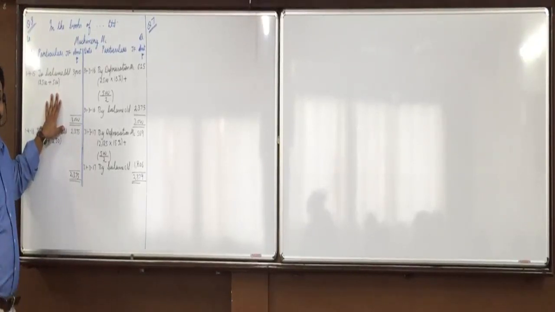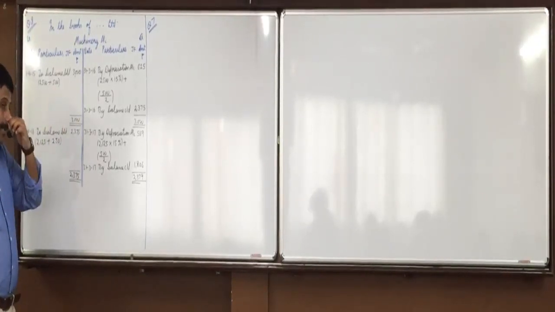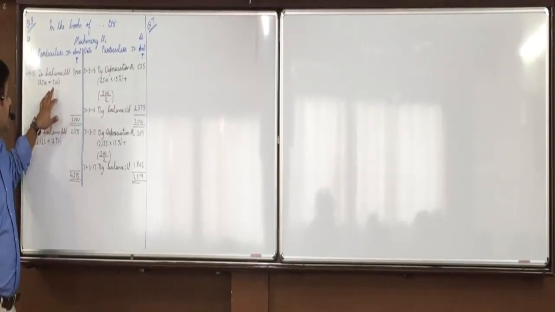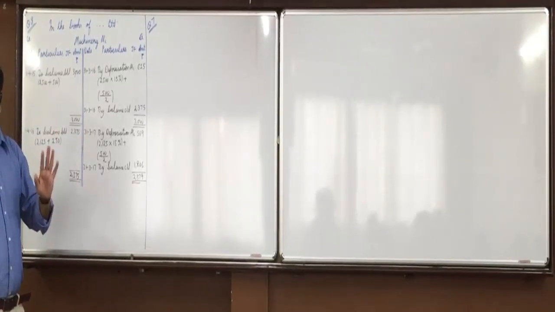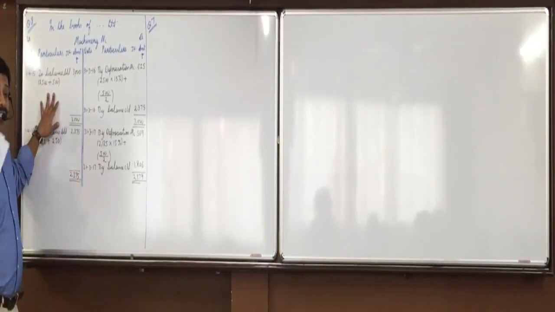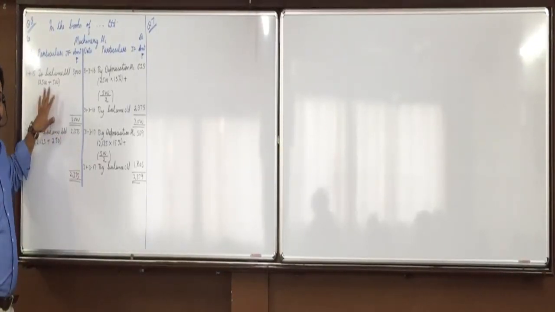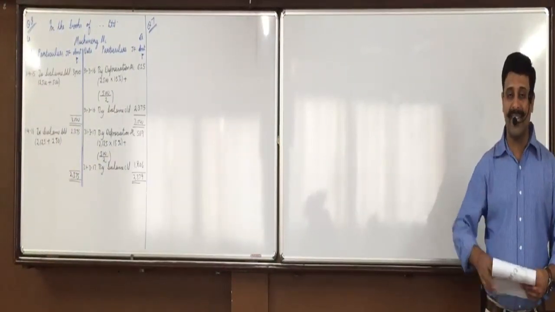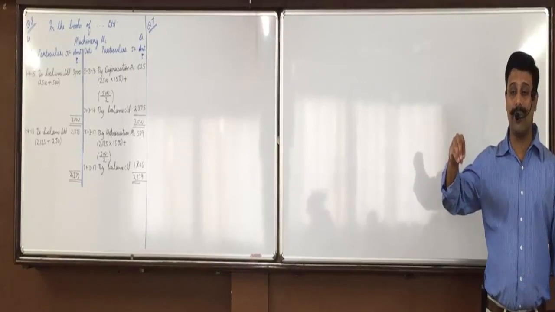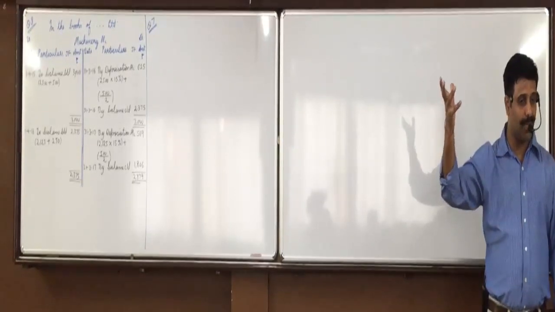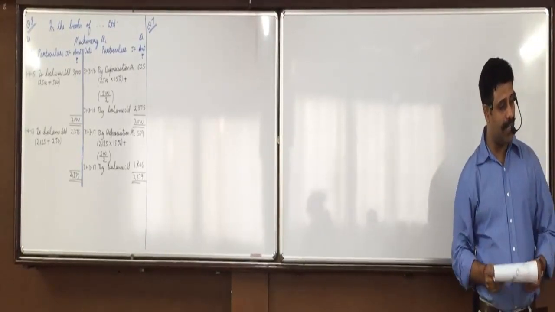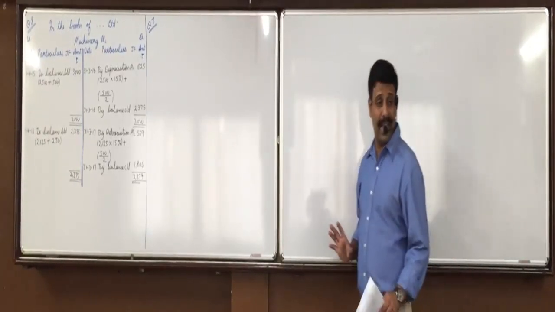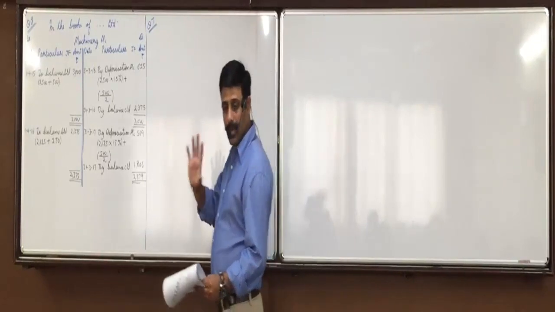What would the company do? If they feel that this component they can use with the new machinery after 10 years, then they provide depreciation for 12 years. And if they feel that even this component, when they purchase a new machine, they'll replace that, then they'll provide depreciation for 10 years. As I told you, even after 10 years, if you expect that you use the component with the new asset for the next 2 years, then you can depreciate over 12 years. And if you expect a new machine when you purchase, you don't want to use any old component with that, then you'll provide depreciation for 10 years.